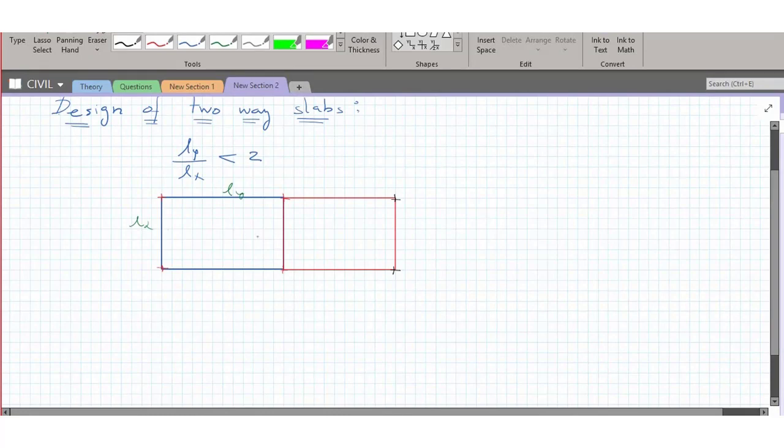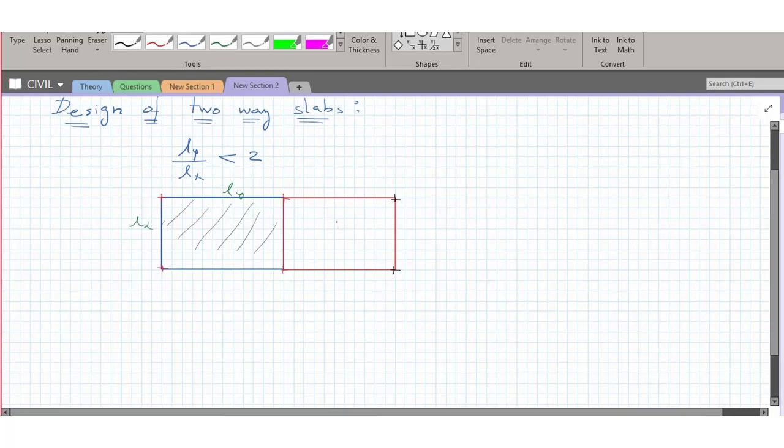One of the edges is becoming continuous. If I want to design this slab, how is the boundary condition changing? You can see three edges are discontinuous and one edge, which is short, is continuous. So here the boundary condition of the slab is different.